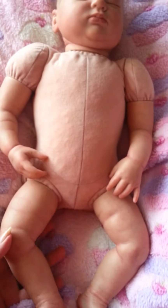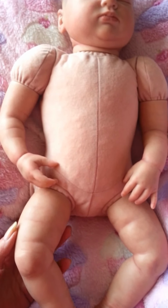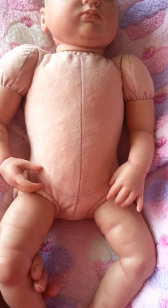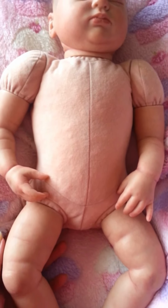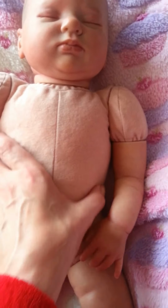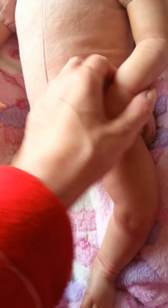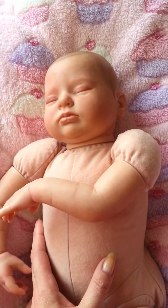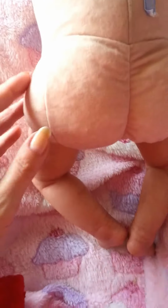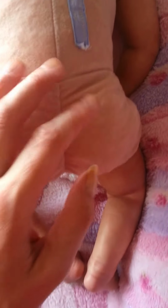So this is the body, this is the whole thing. I think Jo calls this front loading. I can't remember. Jo, maybe if you watch this you'll comment, a front loading full legged body. And I think she's supposed to be three-quarter, but she would have been an awfully long baby. But I just love that pose. But when you turn over this special body, you'll see she's got a bum, but also,